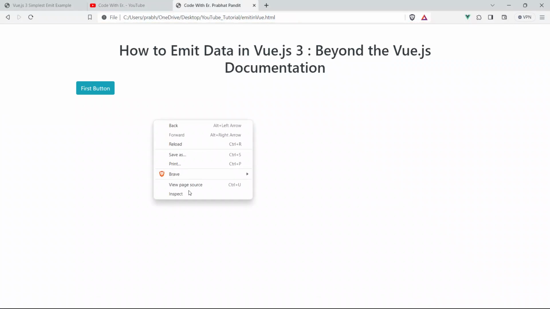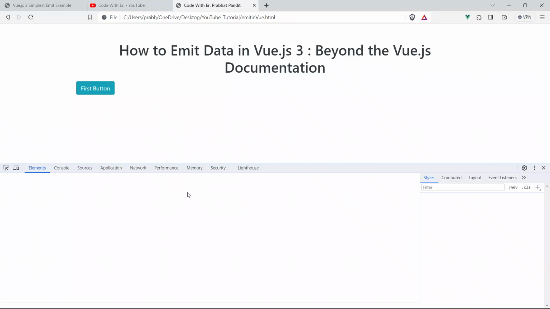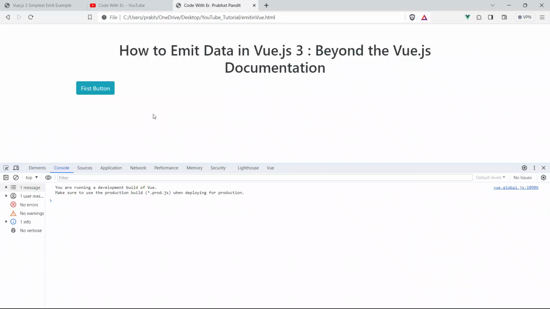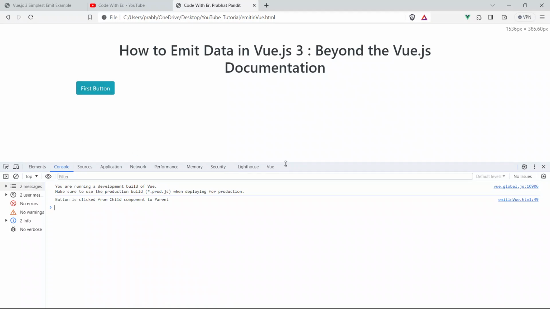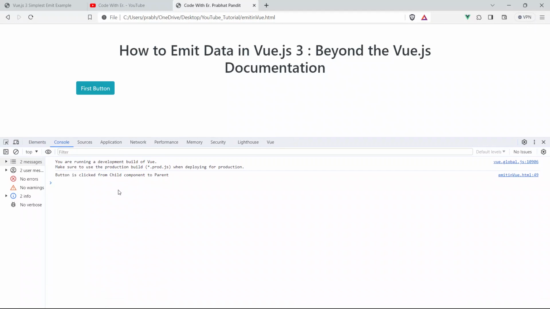Open the developer tool, go to the console, and now click the button. See, boom guys, we got our message in the console. Button is clicked from child component to parent component. Let me enlarge this so you can see it clearly.